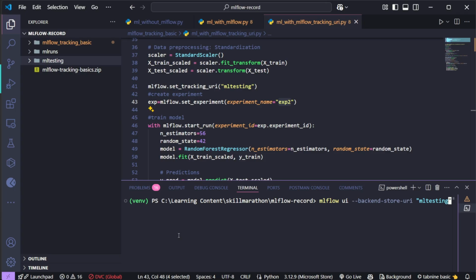It doesn't know that I have created a separate folder called ML testing and I am doing things there. That is the problem in our scenario. So I am running mlflow ui with the backend store URI, telling MLflow to refer to this ML testing folder that I have. Okay, and now if I run this code,